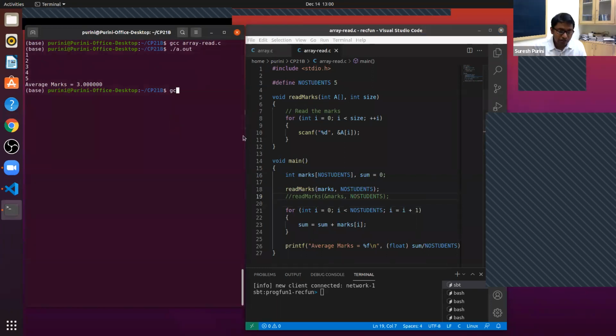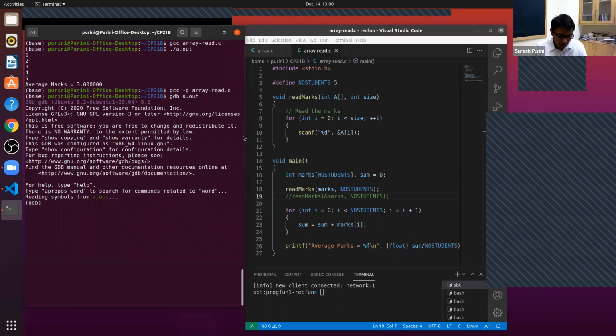So let's now trace this program. gcc -g, gdb a.out. Break main, break read marks. Yes, marks itself is a pointer. That's true. So run.